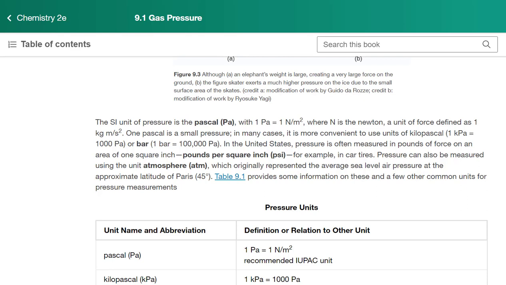And one thing I should mention here, when you're doing that, that's called the gauge pressure. That's telling you the pressure inside the tires that is greater than the pressure outside of the tires. So you're subtracting out that pressure that we're always living in. And then actually the one we'll be using the most is called the atmosphere.